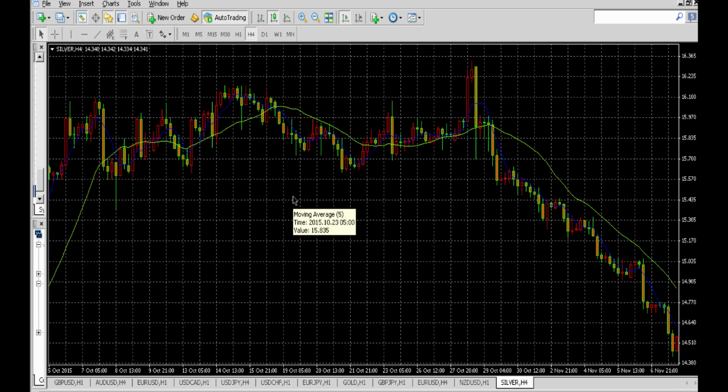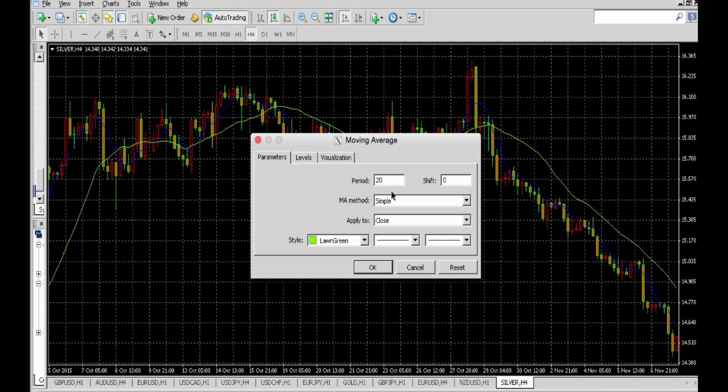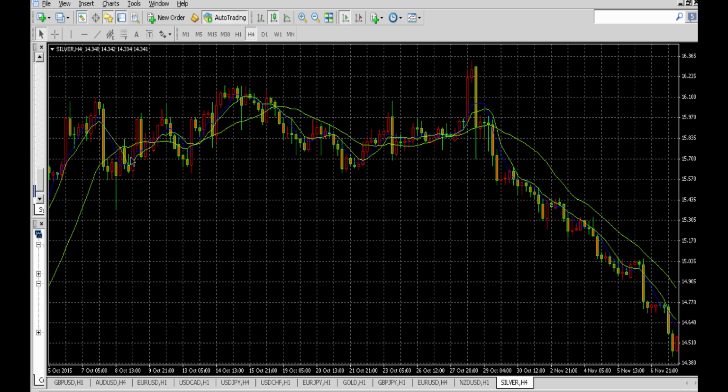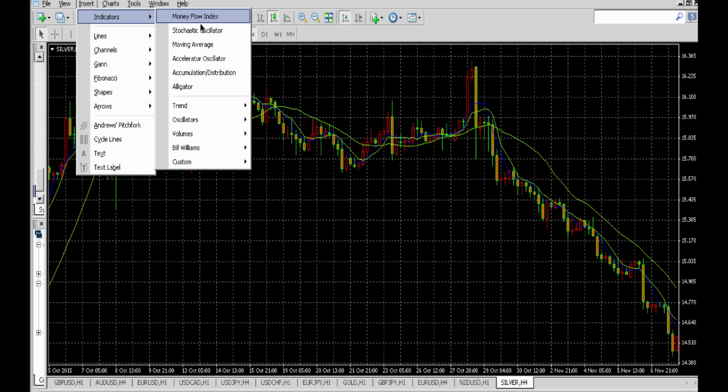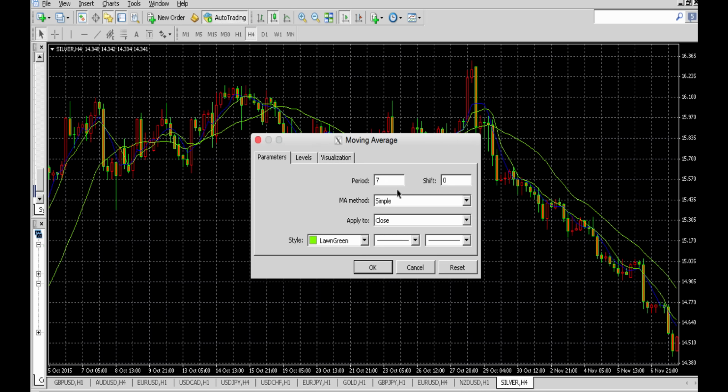Now, I wouldn't suggest having two lines too close to each other, like a 5-day and a 7-day. Let me show you. If you use a 7-day, which is too close, you see that there will be multiple crossovers, and this is indeed the wrong way to use the crossover because it's going to generate too many false signals. So instead,